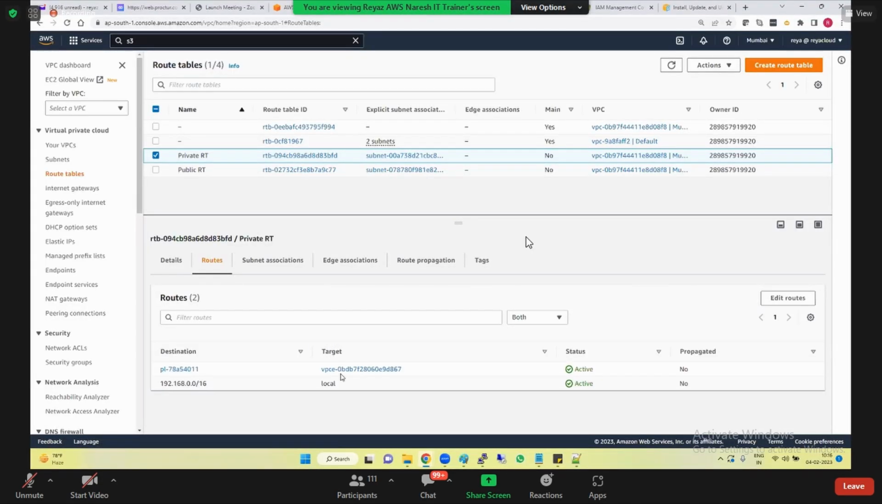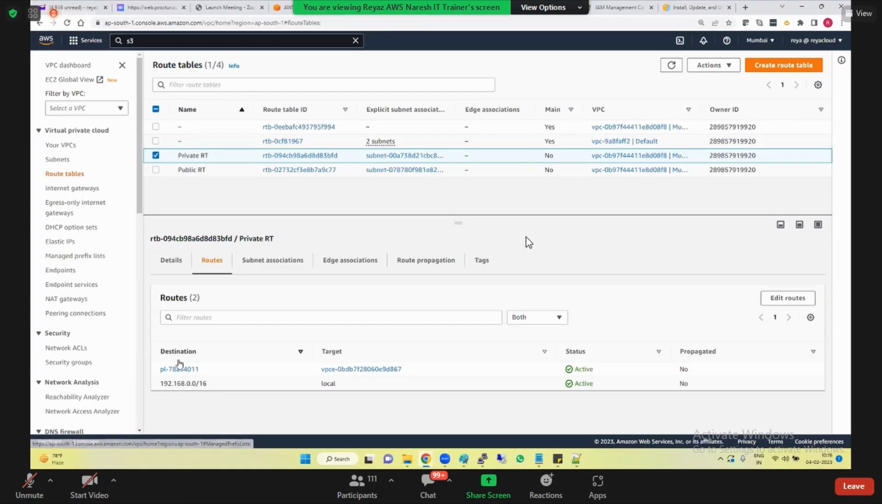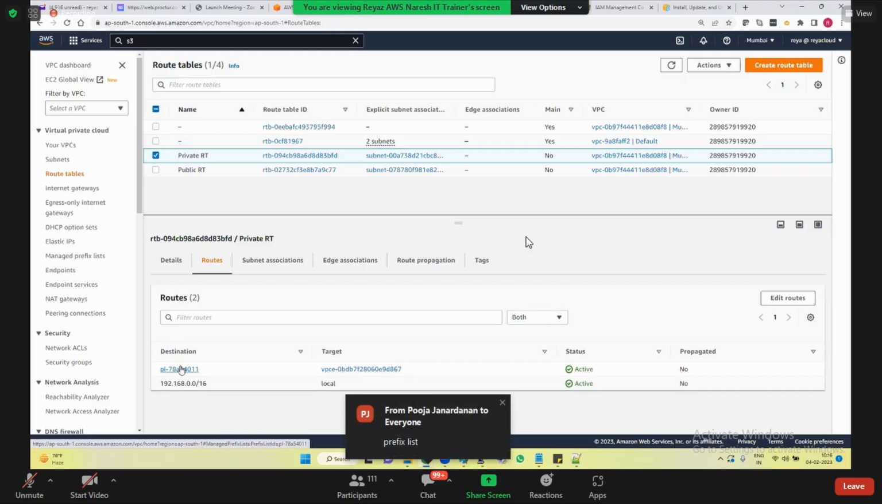Did I add this? So this got automatically added. There is something called PL. PL is here. We call it a prefix list. What is that? Prefix list. So guys, prefix list is nothing but, for S3, if you want to allow the permissions, or if you want to send the traffic, we need to know the S3's IP addresses to allow the traffic,